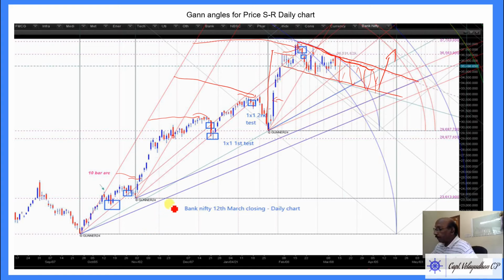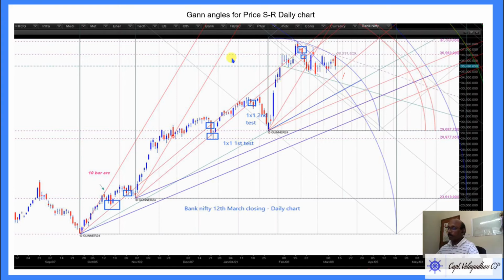So maybe, in my opinion, in my analysis, market may go sideways. This time is bad for the investors, but good for the traders, especially option traders. They get a range they can play with, and even those who buy and sell can trade, they can buy at this level and sell at this level. Short term trade. This is the daily analysis on the chart.